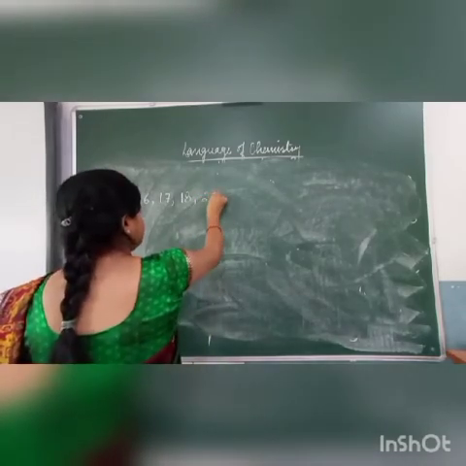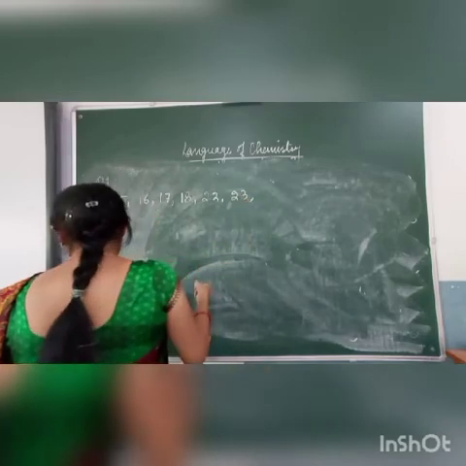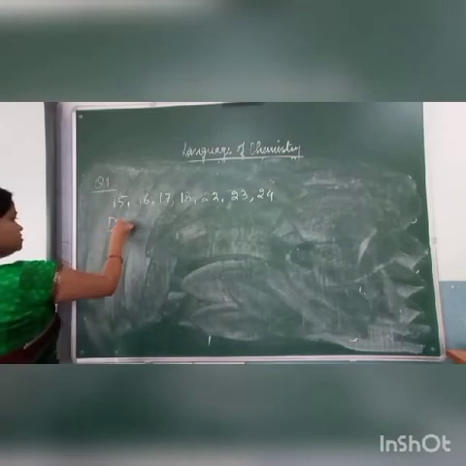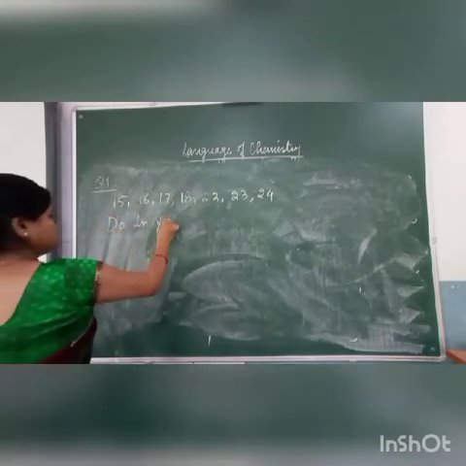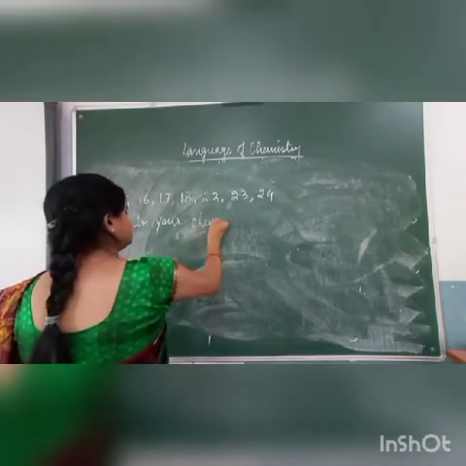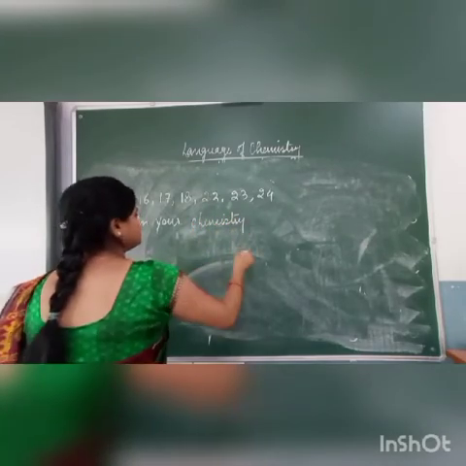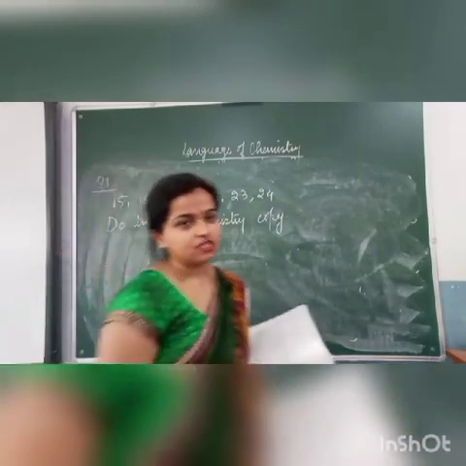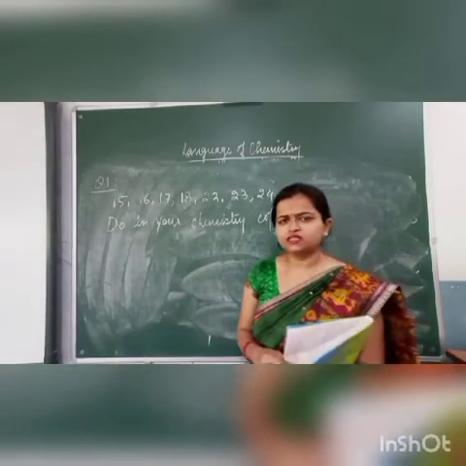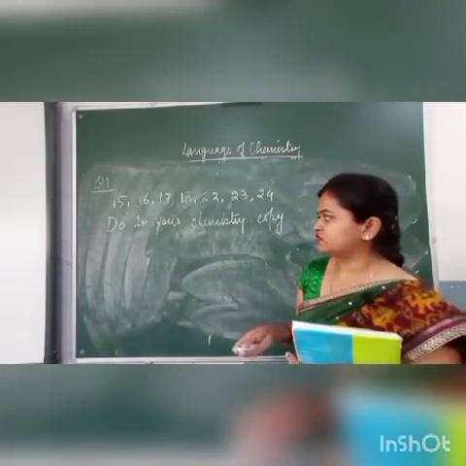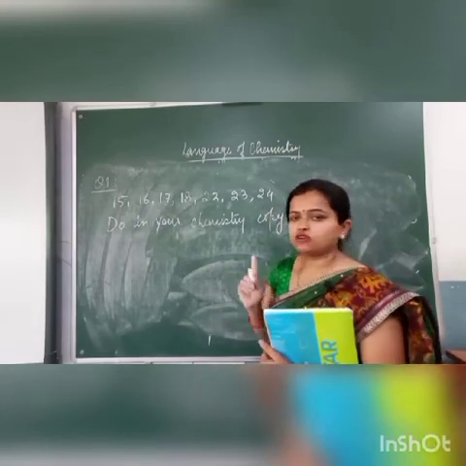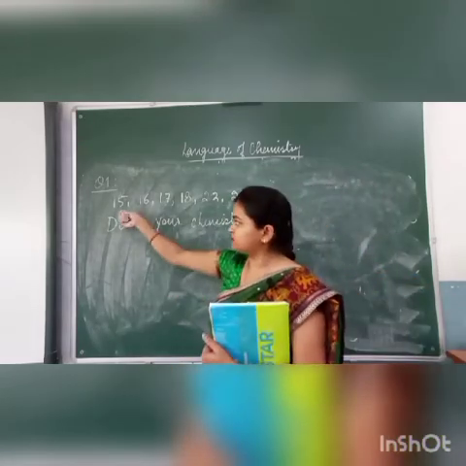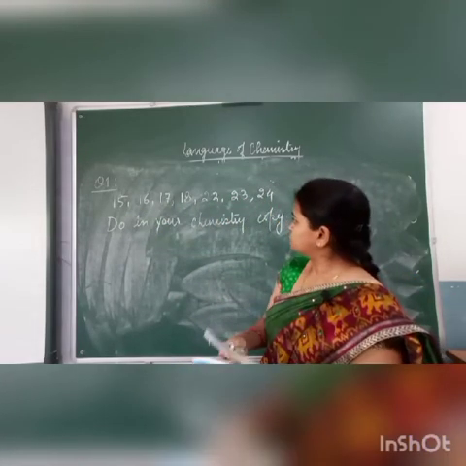then 22, 23 and 24. These questions do in your chemistry copy. Okay, you have to make a copy as earlier you have made. We are having, I think, a 120 pages copy, that register one, thin one, that you have to make a chemistry copy, and in that copy only you have to do these questions. Okay, question number 15, 16, 17, 18, 22, 23 and 24.